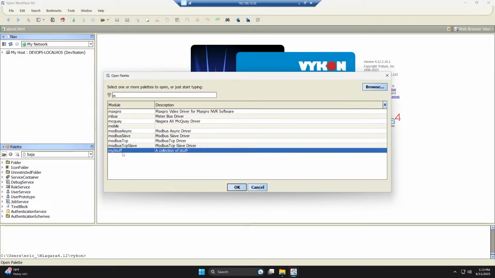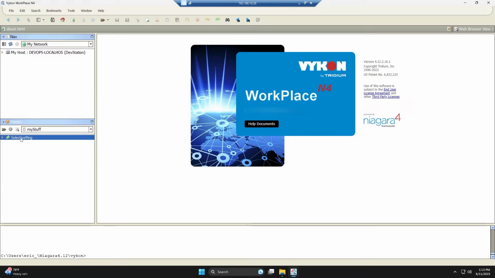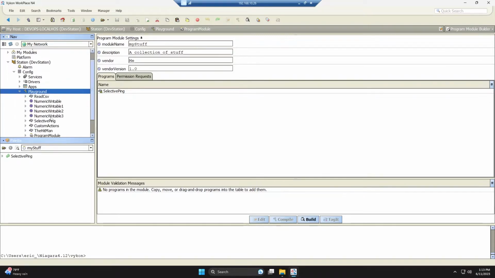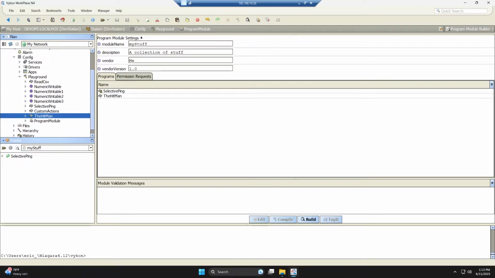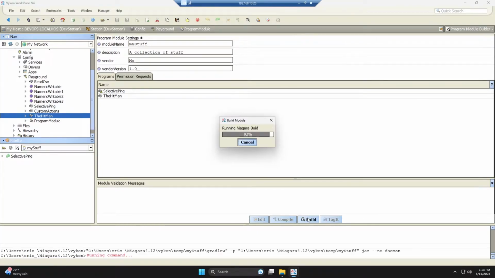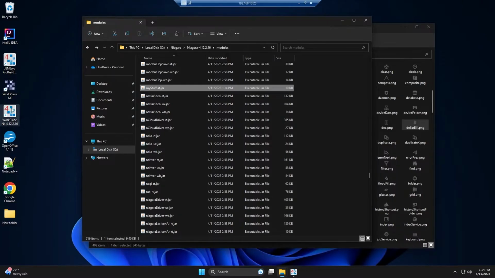and go to our module again, and here we go. We got a dollar bill. All right, so we can also add more. So we'll add another program object here, and we build it again, close out Workbench again,